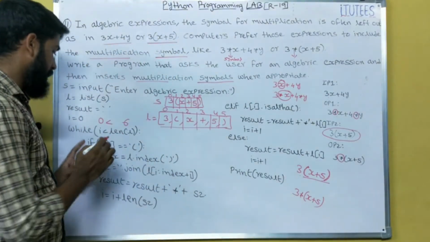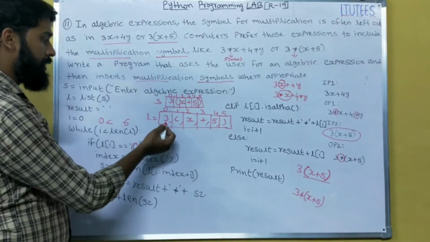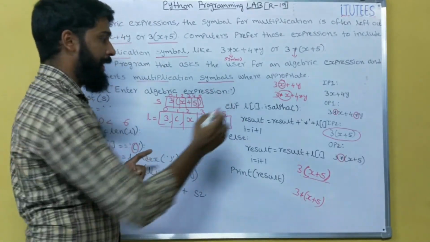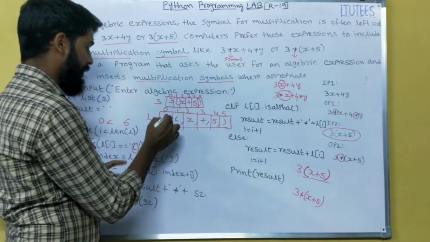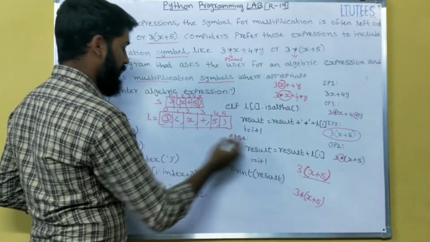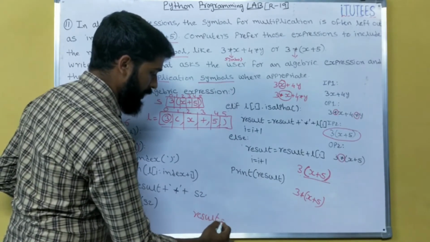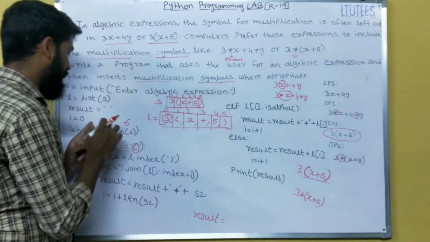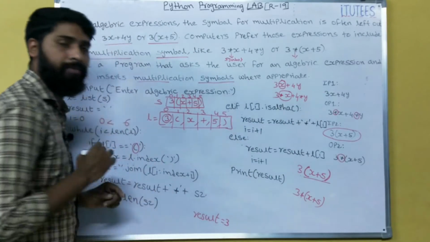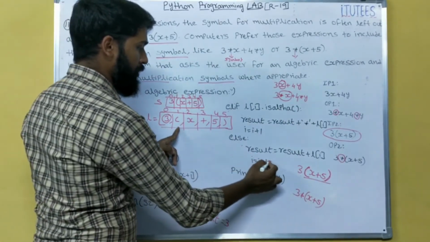So now we can see that every time you are going to check whether it is a bracket. In this case it is not a bracket, so we go to here, else if L of I is alpha. L of I means L of 0. Is it an alphabet? No. So go to here. So result, I can write the result here: result equals result plus L of I. Initially it is empty. What is L of I? 3. So 3 is in result. And we complete this. So we go to here: I equals I plus 1.